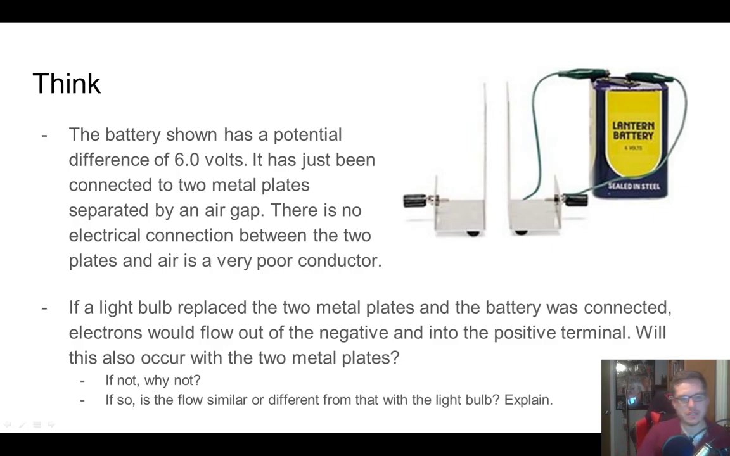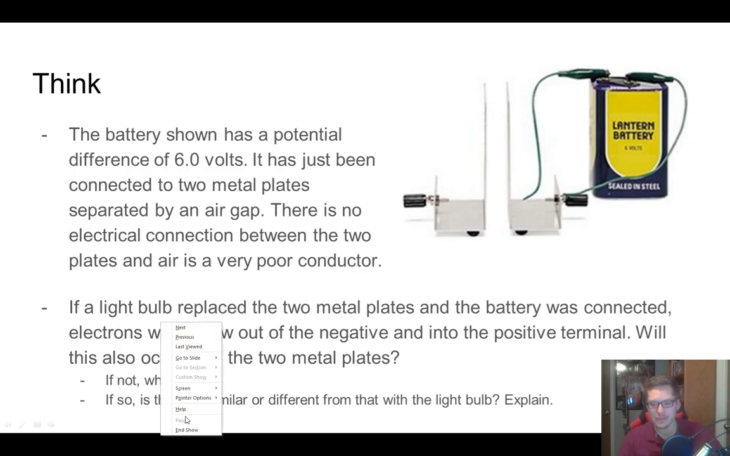This is for Physics Unit 9, Unit 9, Part 3. In this video, it's the second half of Part 3. We're talking about capacitance. In the previous video, we talked about this idea of electrical